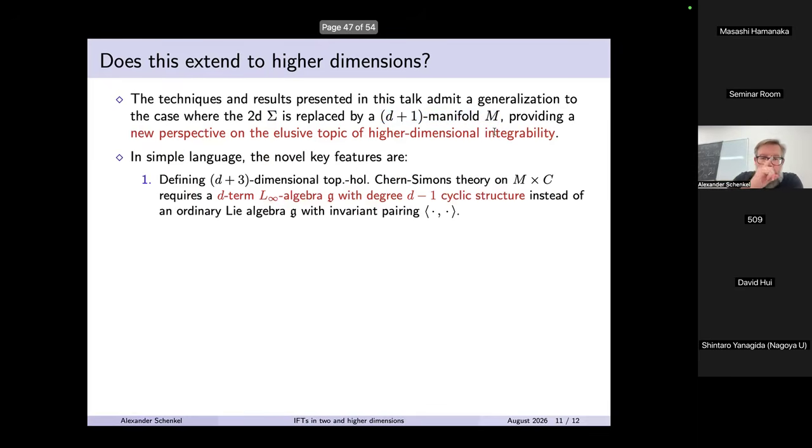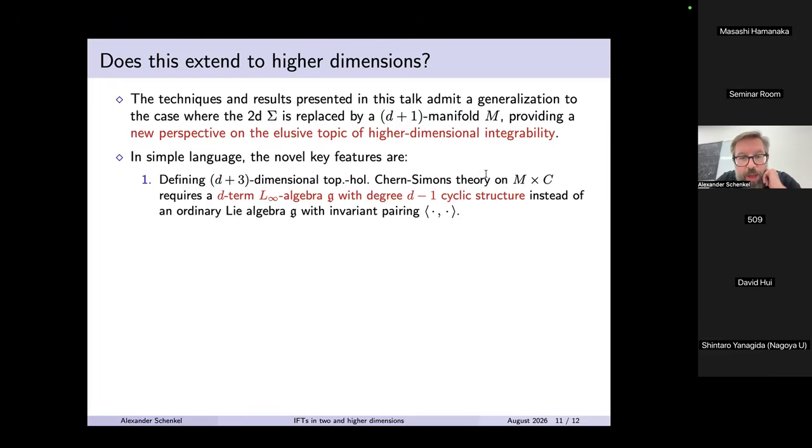How this works is as follows. When you fix your number of spatial dimensions, then d plus 1 are spacetime dimensions, and you want to have a topological holomorphic Chern-Simons theory on M times sigma. So this is a d plus 3-dimensional one. So sanity check, the ordinary case, 2 dimensions is 1 plus 1. So this is 4 dimensions. So in general dimension, you can define a d plus 3-dimensional topological holomorphic Chern-Simons theory,